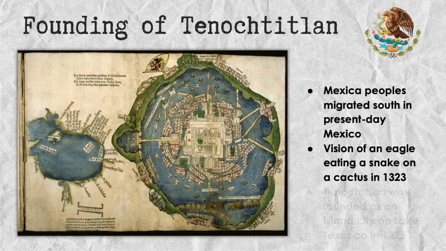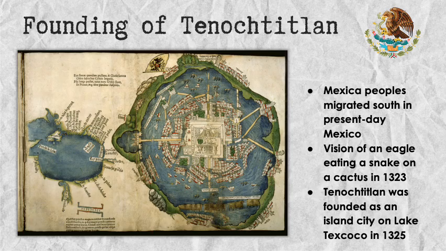So let's talk about the founding of Tenochtitlan. The Mexica were originally part of a migrant group from northern Mexico, from a place called Aztlan, thought to be a mythical place, that eventually broke off and formed the empire that we know as the Aztec people from Aztlan Empire. According to Aztec legend, the Mexica people received a vision from their god